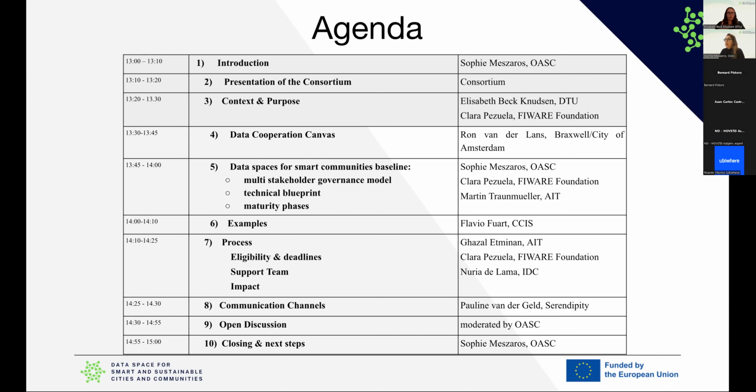to use. This will be followed by examples that we actually retrieved from an action that we did during this preparatory action, which was called the expression of interest form, where we invited the community to submit ideas about what kind of data spaces and use cases they have in mind and what kind of collaborations they want to propose. So this is just to give you an idea about what we plan to do, hope to do in the upcoming years. And then we can already move on to what is ahead of us.